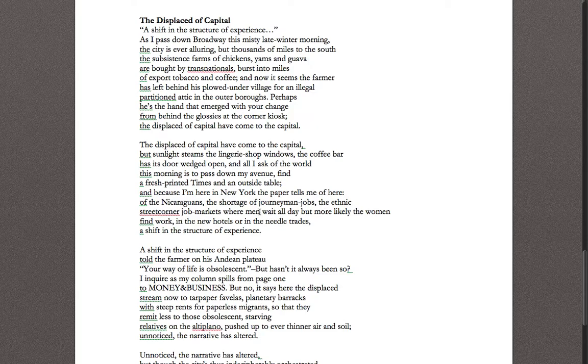And so here in the Displaced of Capital, we have a poem that is an argument about the economy. It's an argument about immigration. It's an argument about poverty and global problems. And so this is a pretty serious subject. It's not like some of the subjects we've read so far in the poems. William Butler Yeats talking about his Lake Isle of Innisfree, and James Wright talking about lying on a hammock at a farm. Those are all very peaceful, and they're almost poems of praise. This poem isn't really a poem of praise. It's a poem that's thinking about and trying to deal with very difficult subject matter.